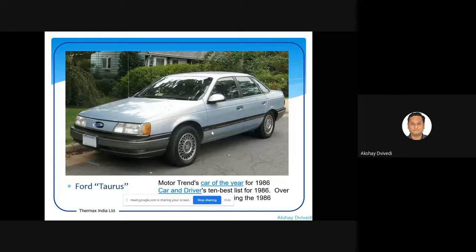Now, to understand this particular context, I have a figure which is for Ford Taurus, and I said something very good about this particular car. But if you look at this particular car, do you really feel that this is a wonderful product? No, sir. It looks okay. It looks like a big car, no issues. And of course, the wheels are slightly having a typical different kind of shape. But this is one particular car which actually brought Ford back into the market.